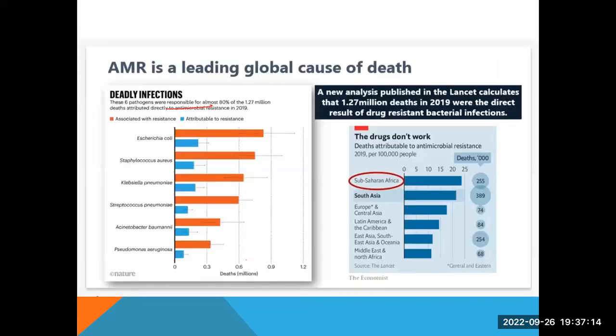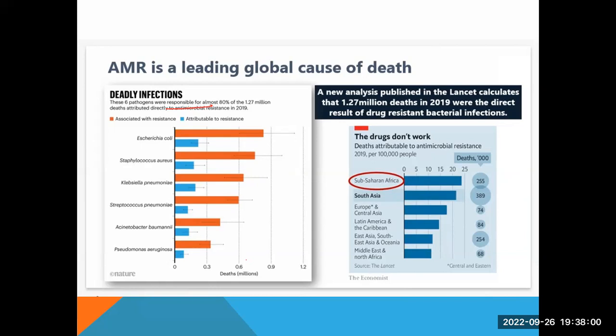That was then the study that was published in the Lancet this year in February 2022, which is considered the first real study doing the calculations and the modeling and everything to anticipate and say what is our current situation. So this study was modeled, published again in the Lancet, according to the deaths in 2019. So this study didn't even take in consideration the problem of COVID, which is again another huge problem that has been estimated, of course, to increase the AMR burden, but they didn't even put this in consideration. So they only calculated the study of the